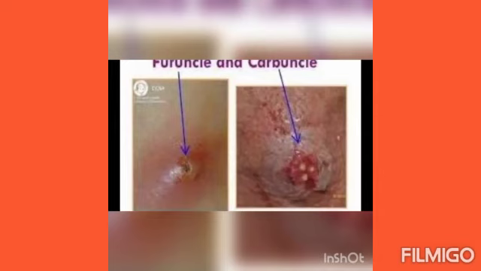Okay, when it ruptures, a lot of pus-containing fluid will leak off, and the surroundings will be affected more in case of carbuncle. In furuncle the surroundings are affected, but it is a little bit less than carbuncle. Okay, so that's why we are saying that carbuncle is a cluster of furuncles.